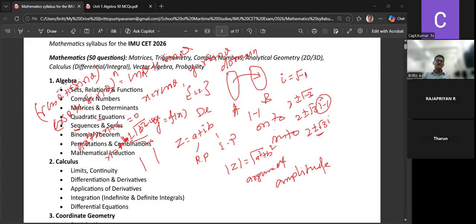The next one we have is sequence and series. From that we have the topics AP, arithmetic progression, and geometric progression. These all come in sequence and series only. You know what AP is, right? AP means